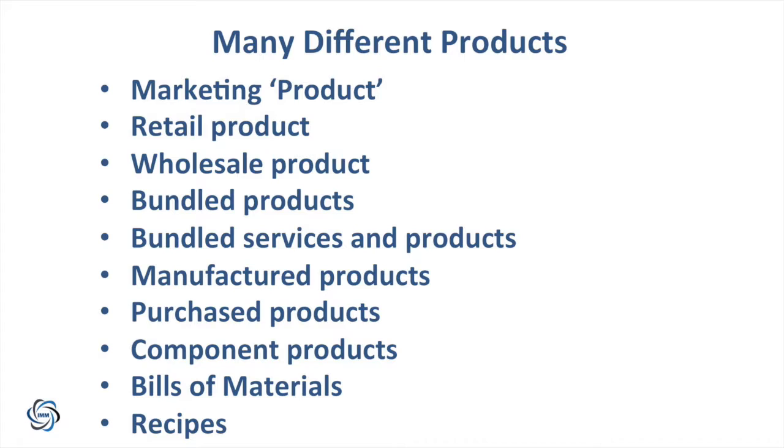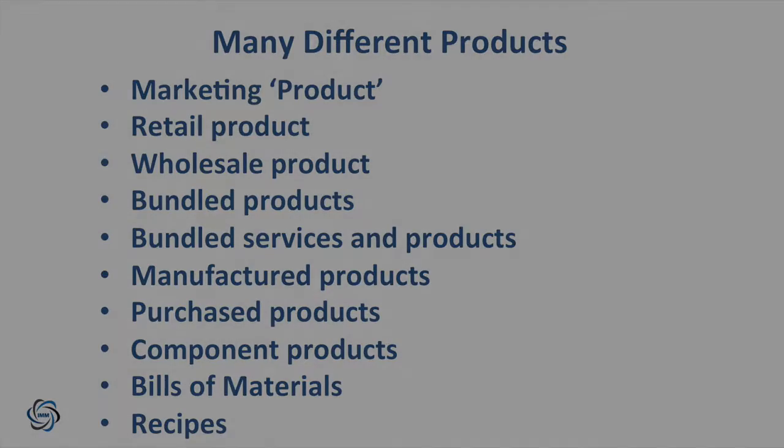Then, in order to manage component products, people will have the concept of component products and the structures around that, which might be traditional bills of material, or it might be something else. And then in companies like breweries or bakeries, you'll have the concept of recipes. Now, recipes will in fact result in creating products that can be sold, but they will also consist of products that are bought in to become part of the products that are going to be sold. So here you have so many different concepts of product depending on who you talk to in an organization.